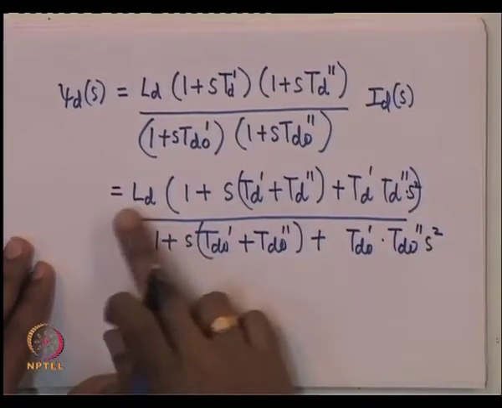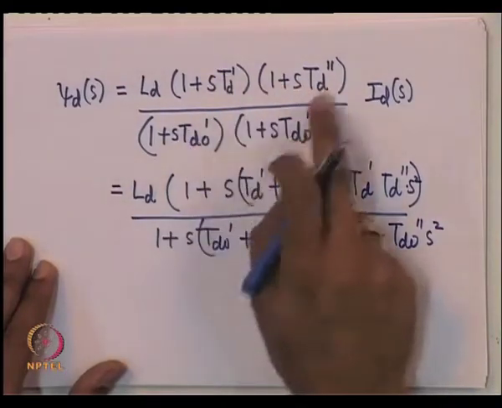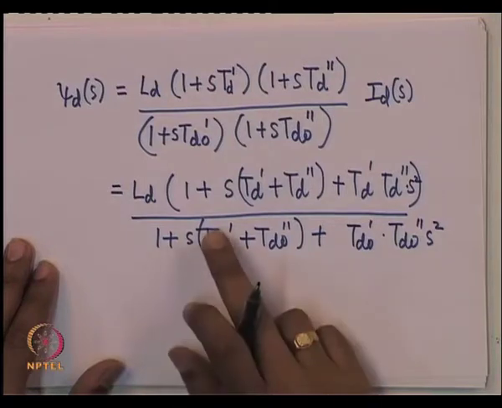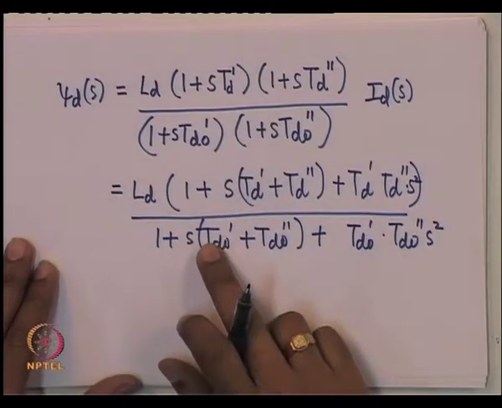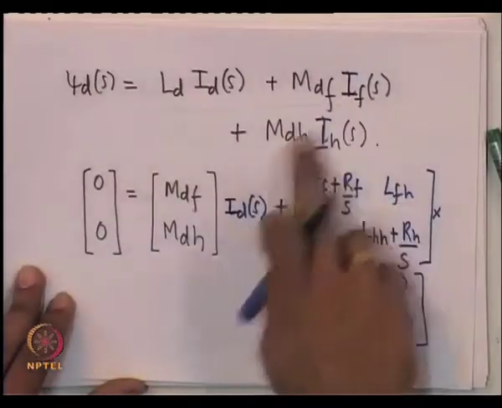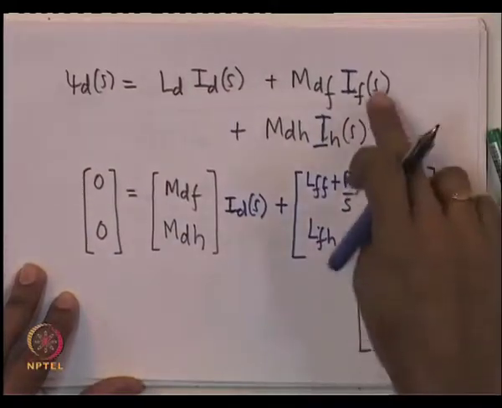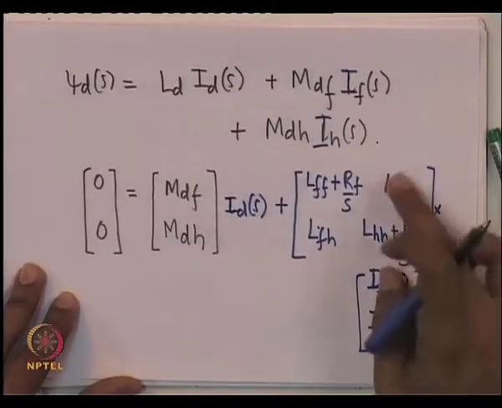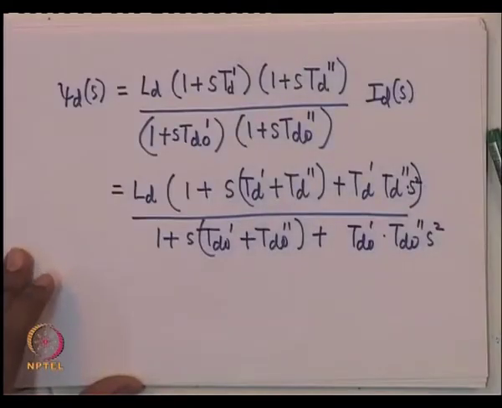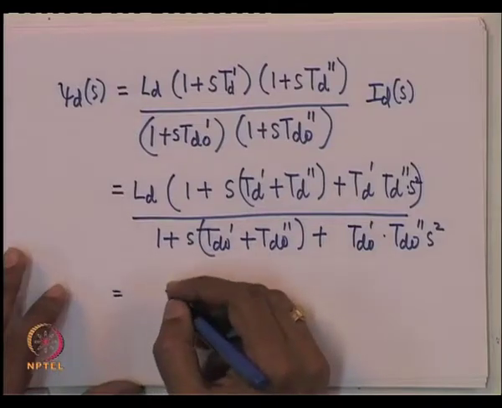So, this is the general form, but the point is I have defined these new time constants. We shall see the significance of these time constants a bit later, but the transfer function which you will get when you actually substitute for IF and IH here, by using this particular equation, will look like this, where I will call this as